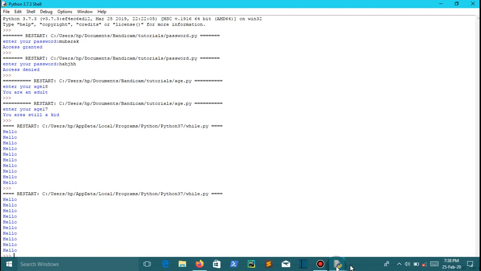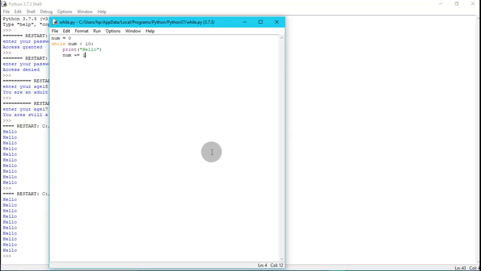So you can write a while loop that does not terminate. Let's write a code that doesn't terminate. Let's delete this one. Let's say name equals, as you can see, a null string, so we're having no string. While name is not equal to, let's say, Tom. While name is not equal to Tom, then